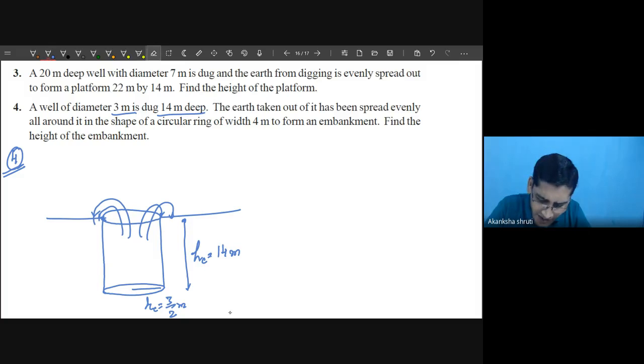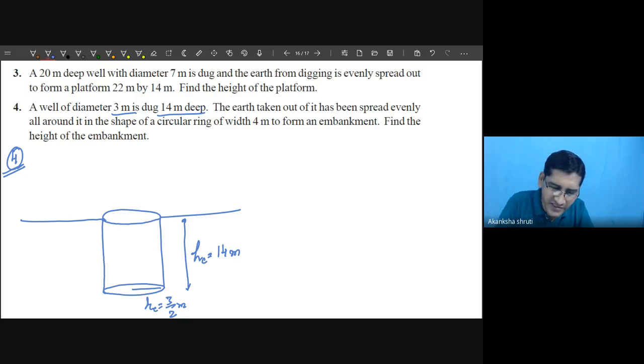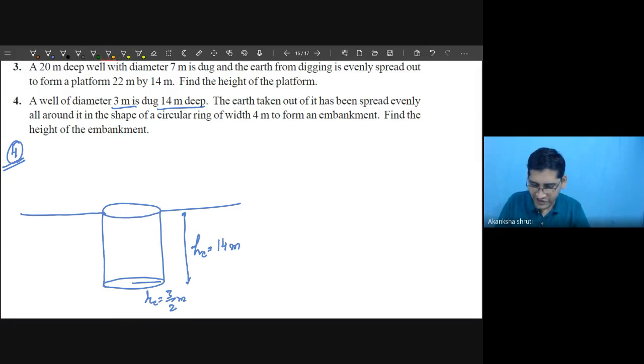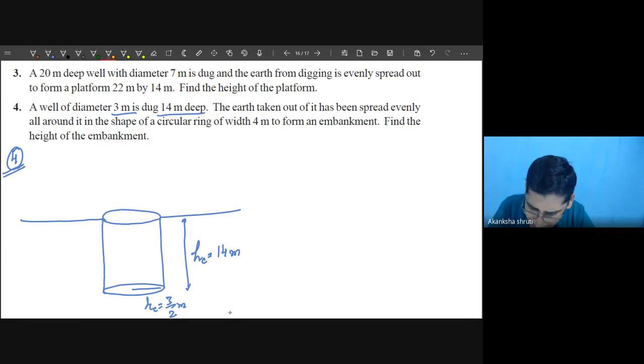Get it? So this way, lastly you will get the earth taken from this placed or spread, and it will get this shape. Let me draw in a different color. The earth will be taken, let us consider it is spread to a certain width. The earth taken out has been spread evenly around it in the shape of a circular ring of width 4 meter. So it is given that the width is 4 meter. This is your 4 meter